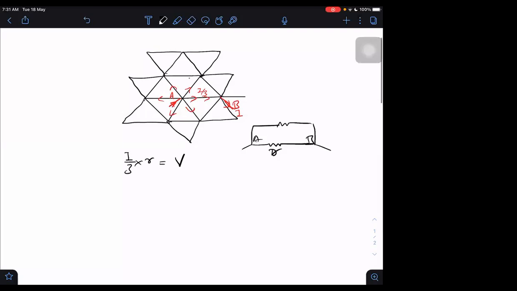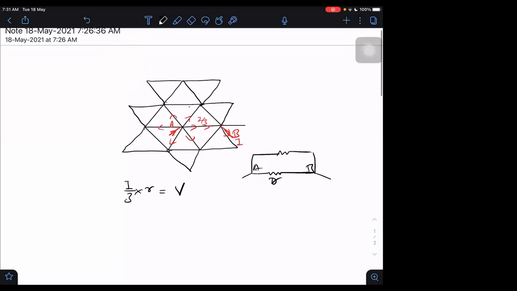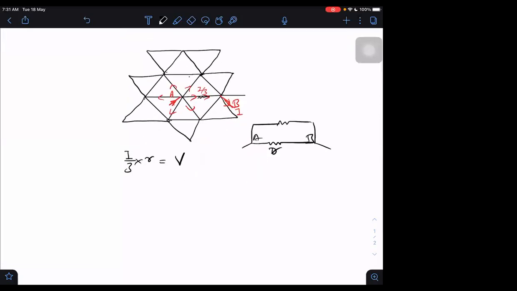So small r is one resistance which is directly present there. All these resistances are small r each. So from A to B, small r is present. From A, what current is entering? I is entering. And what current is going from B? I is going from B. What is going through small r? I by 3 is going through small r. What is going through the remaining network then?